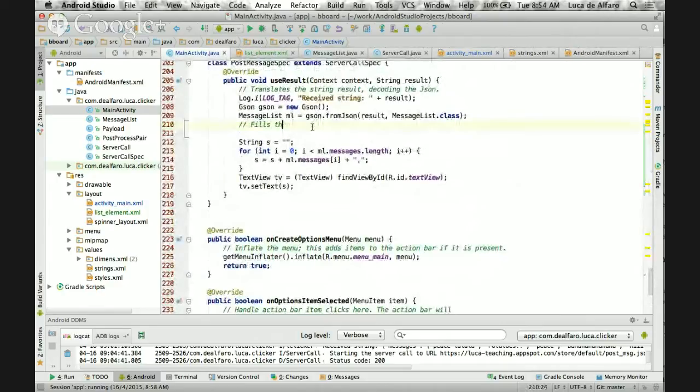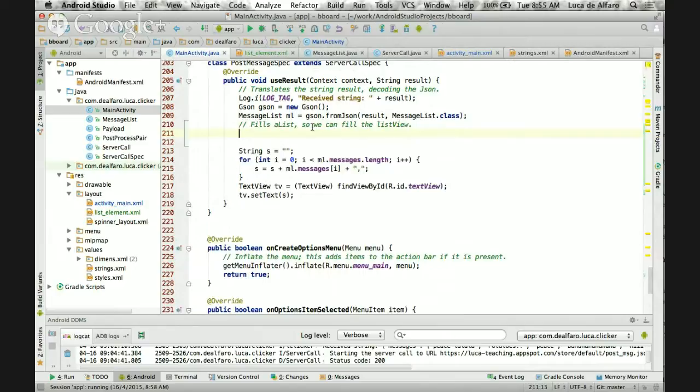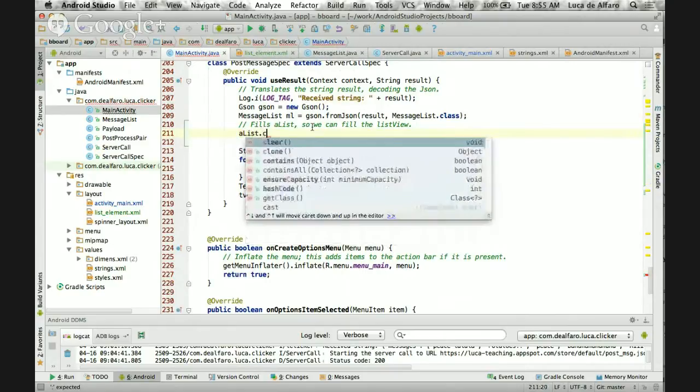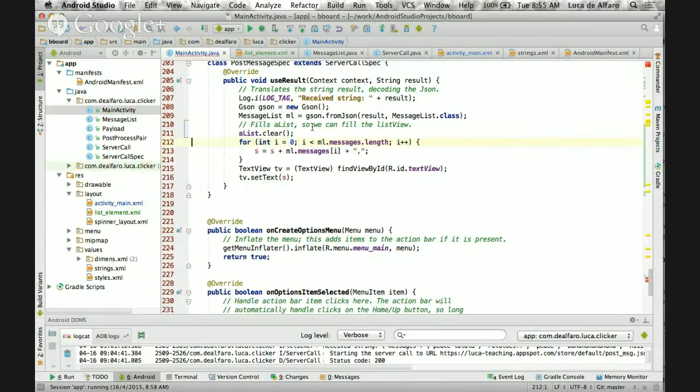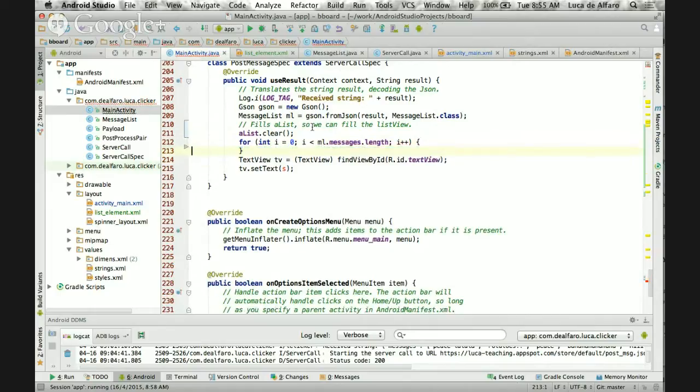Fills a list, so we can fill the list view. So first of all, I have to empty it: a list dot clear. So I delete whatever might have been already in this list, because I want to redo it from scratch. Now I can keep this loop in which I loop over all the things that I received, but instead